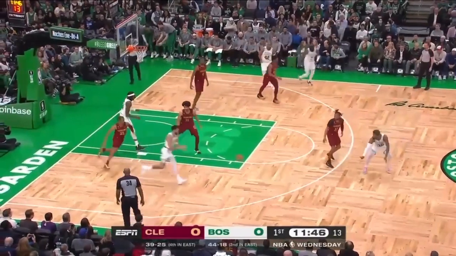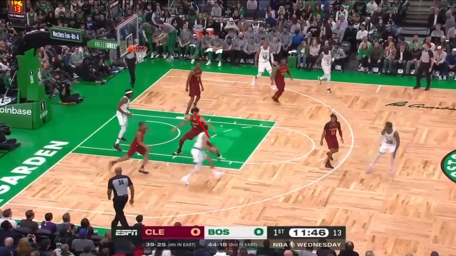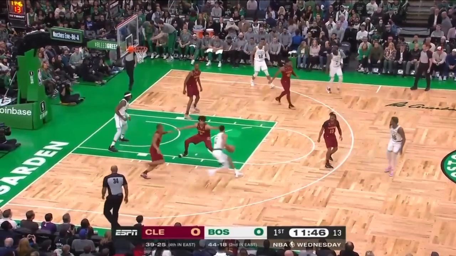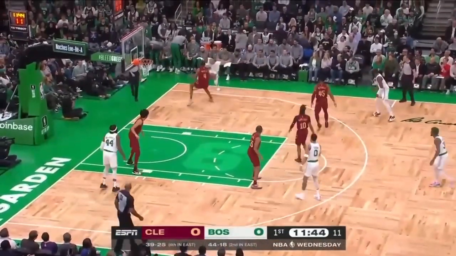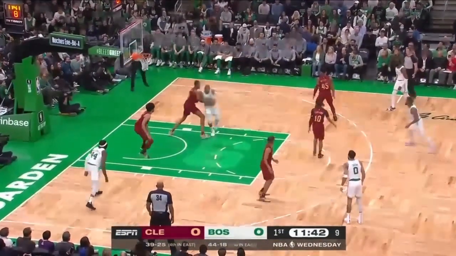Look at how Jayson Tatum curls. So now that means Jared Allen's got to step up while he has the ball. Well, there's no one to guard Robert Williams right here. So now Evan Mobley's got to flash towards the paint, and it's going to leave his man, Al Horford, open in the corner, and it's just a rip-and-go drive now.